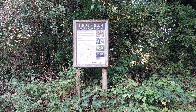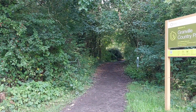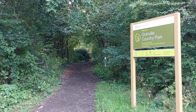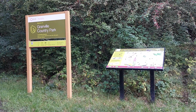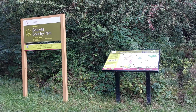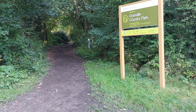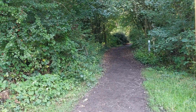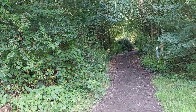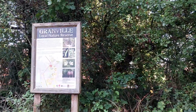So as I was saying, we've got these two signposts talking about Granville Country Park. As I've just mentioned, this path in front of me is where we've just come from and explored, and that'll take us back to where we started this video if we travel back along that way. As you saw a moment ago, this signpost